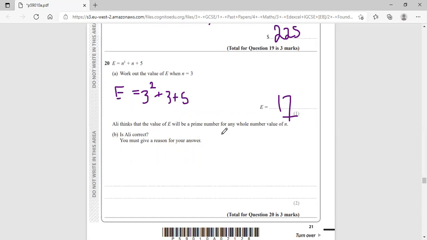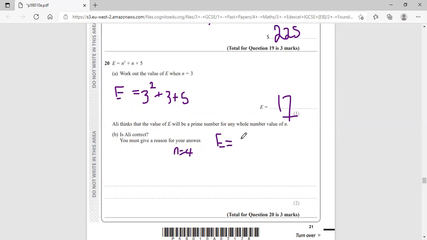Okay. Ali thinks that the value of E will be a prime number for any whole number value of n. Is Ali correct? You must give a reason for your answer. So first of all, let's try when n is, let's just say n is 4 because 4 is a whole number, so we can do that. So if n is 4, E is going to be 4 squared, which is 16,